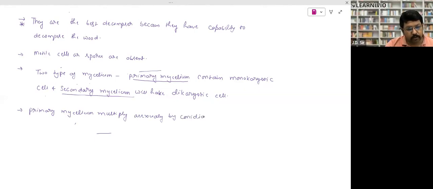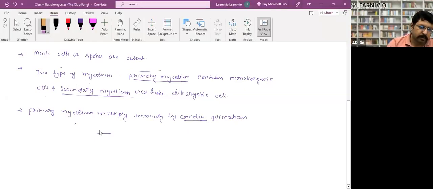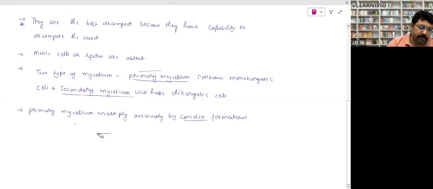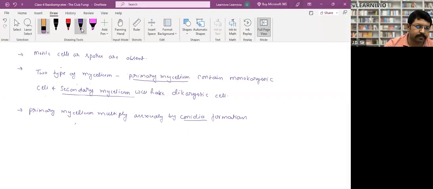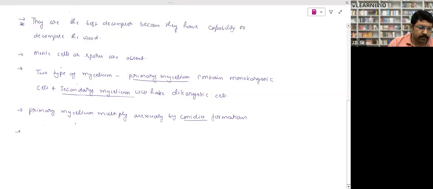Conidia I have already told you, 2 times, in the previous 2 classes, right? Even in the Ascomycetes, we have discussed what the conidia is. Conidia formation. Then the second one,